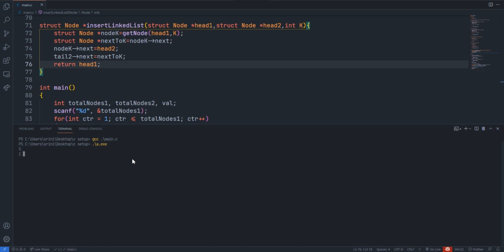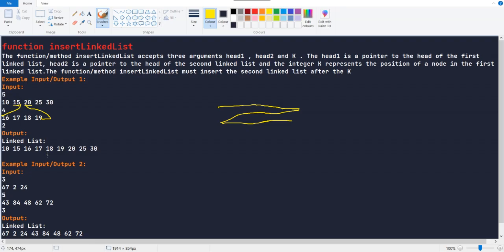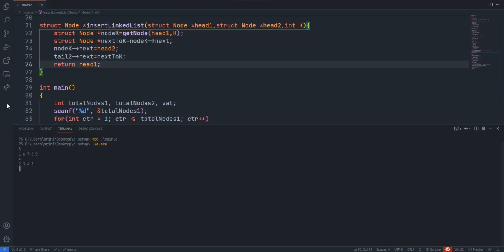The first list contains 1, 2, 3, 4, 5, and the second has 6, 7, 8, 9, with index 1. Now we got 1, 2, 3, 4, 5, 6, 7, 8, 9, which is the desired output. We link this one with 2, 3, 4, 5, and then link 6, 7, 8 with 5.